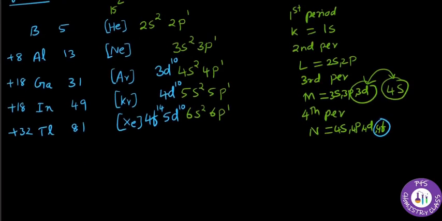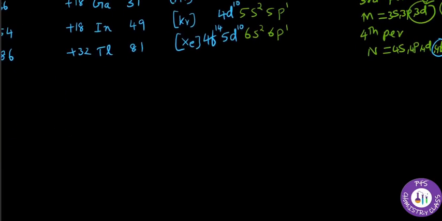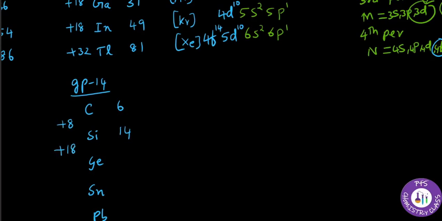Now let's work out group 14. What is group 14? Group 14 elements are the carbon family: carbon, silicon, germanium, tin is Sn, lead is Pb. So you have 6 here, after boron it is 6. 6 plus 8 is 14. You can remember it easily like this, for those who have not seen my previous video. 14 plus 18 is 32, 32 plus 18 is 50, plus 32 will be 82. That's all.